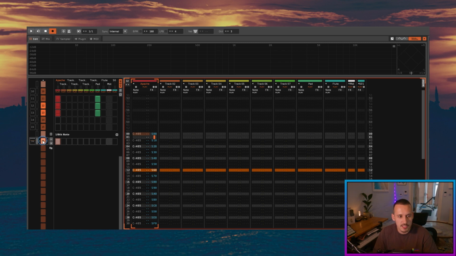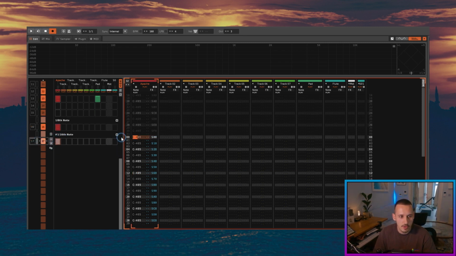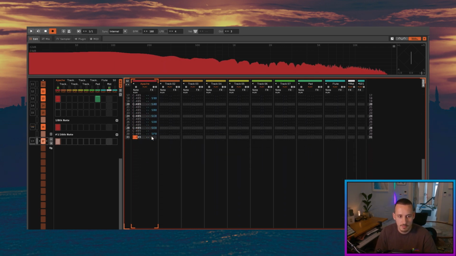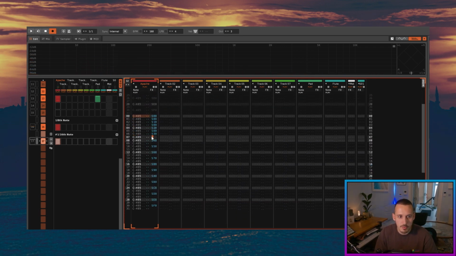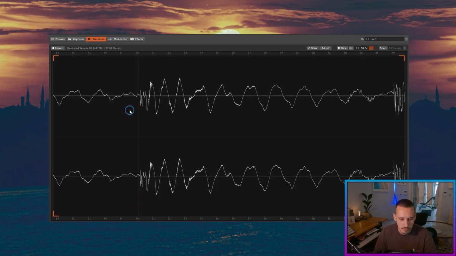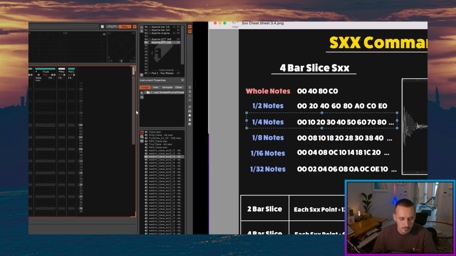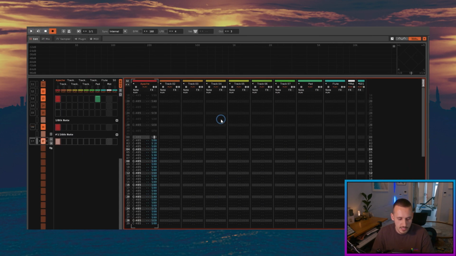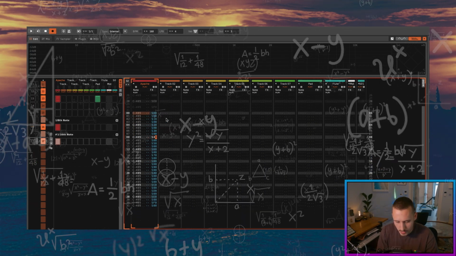So what's cool about this is I can actually increase the resolution, and we go and up this. We're going to put a note at every single value this time, and a sample command at every single value. Then I can go back to my window and go down a level. So rather than doing a 16th note, I've got to look at the 8th note. And then I'm going to go 0, 8, 0, 8, 0, 8, 0, 8,